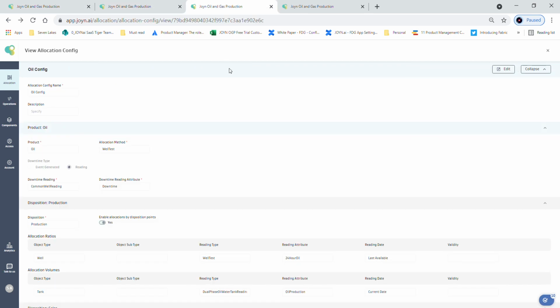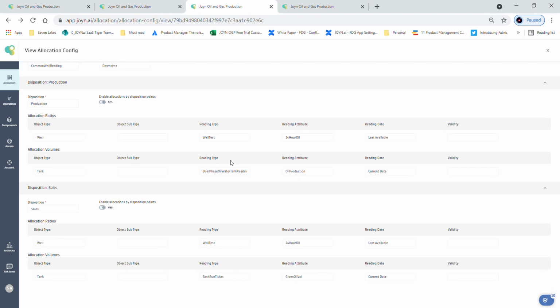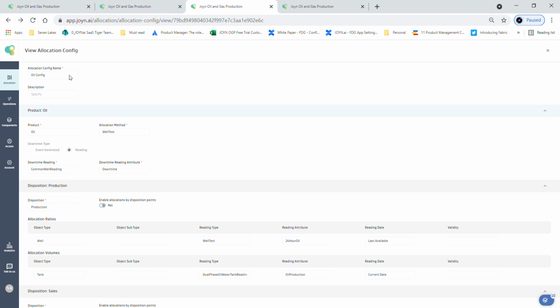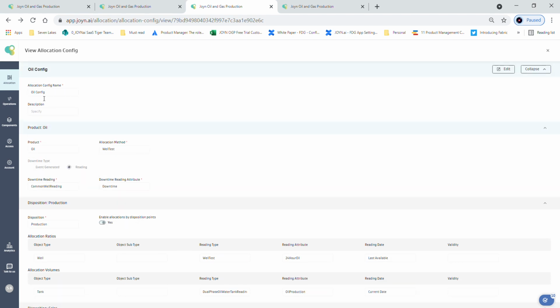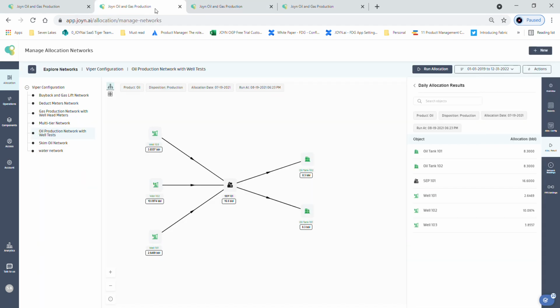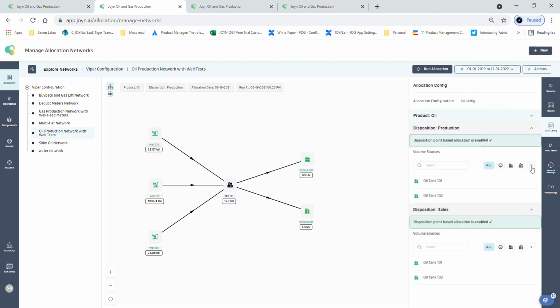Hi everyone. I'm going to walk you through the process of running disposition point based allocation for a network. So if you notice here, I've enabled disposition point based allocations for oil production and oil sales for the allocation config oil config. And if you look at this network, you would notice that disposition point based allocation has been enabled for both